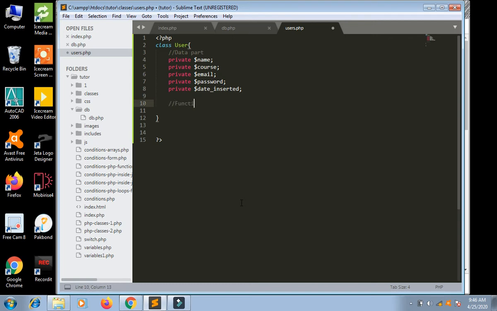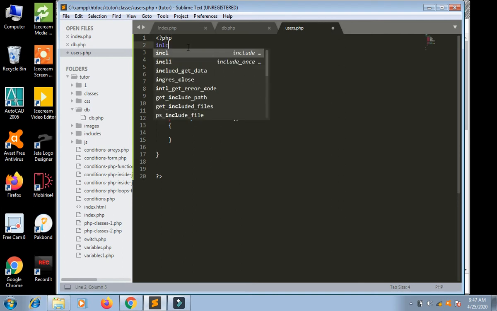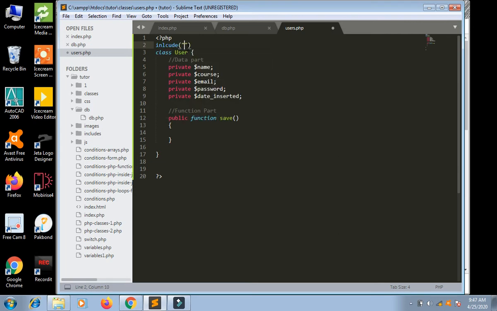Okay, now the function part. Public function, and first is save record, save user, and we have to save in the MySQL database, so I should use include, and I should go out from this directory, and I include classes.